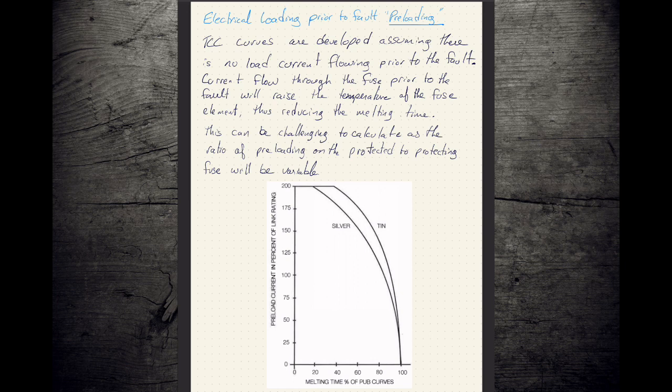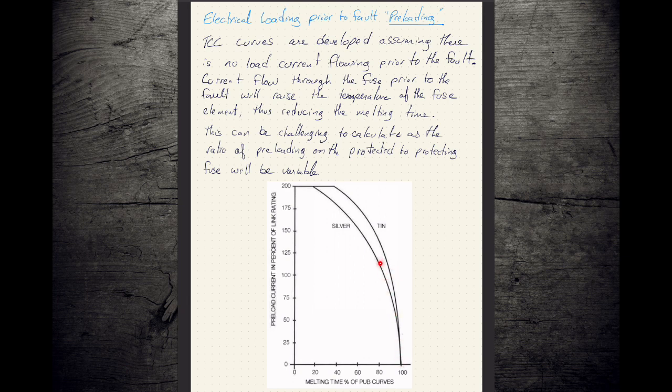The side effect of this is if you flow just some current through it, it's still heating up. It's still becoming warm. It's just not becoming so warm that it's going to melt, right? So if you take a look at that fuse, and you're running that fuse at 100% of its rating, so you've got your 15 amp fuse link and you're running 15 amps through it, you're not really going to see a whole lot in the way of derating if you've got a tin link,